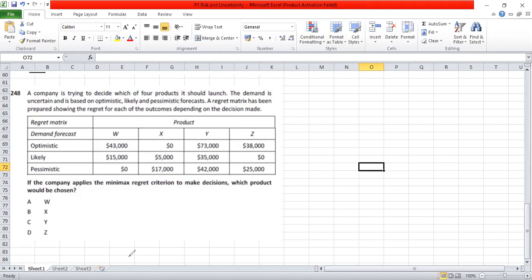W, X, Y, Z. How would we decide? This is a regret matrix already done. We don't have to prepare a regret matrix. So it is simple. Add them up and then find out what the regret is. At what point is the regret at its minimum? That's it. As simple as that. Since it is already a regret table,